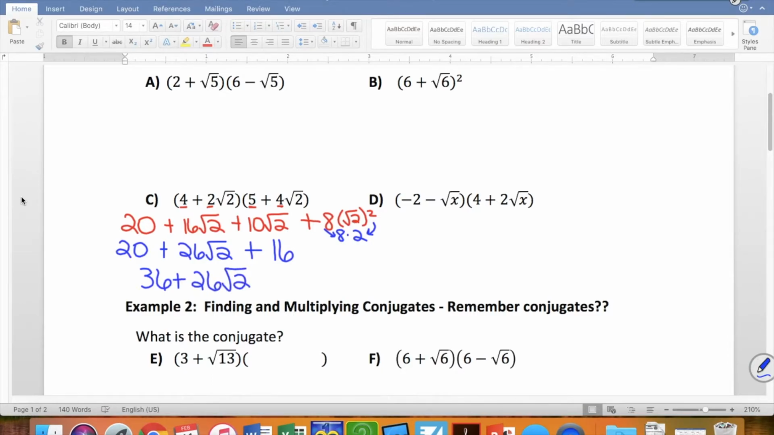All right, let's look at letter D. So we have a variable in it this time, which is kind of interesting. So that won't change